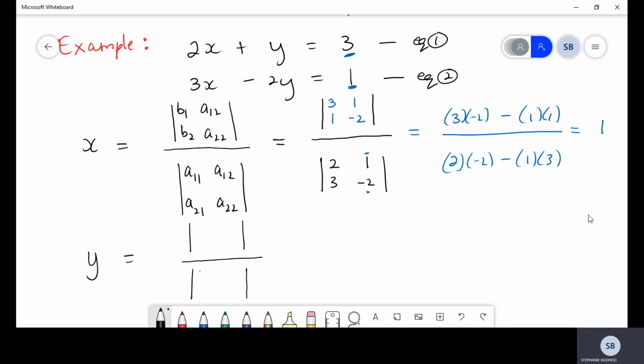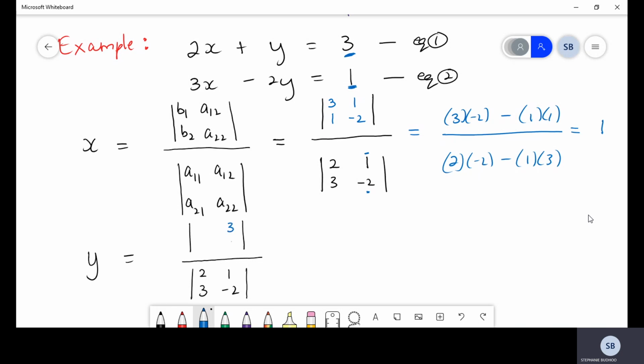So your matrix is simply 2, 3, 1, -2. And on your numerator, if you're finding the y value, then you want to replace your column 2 with your